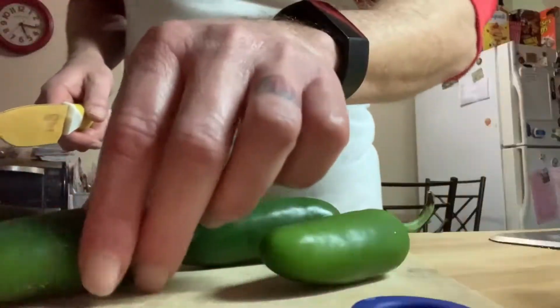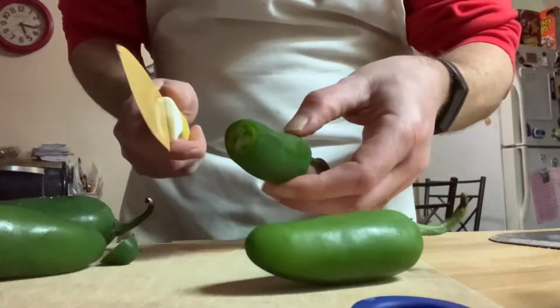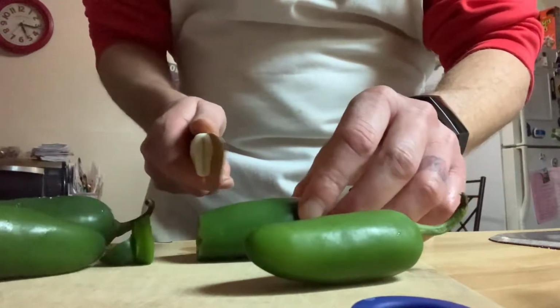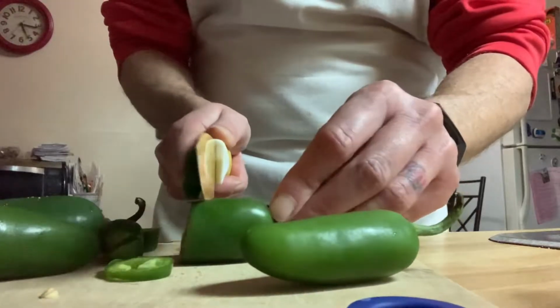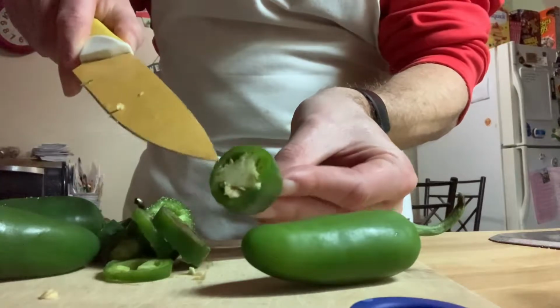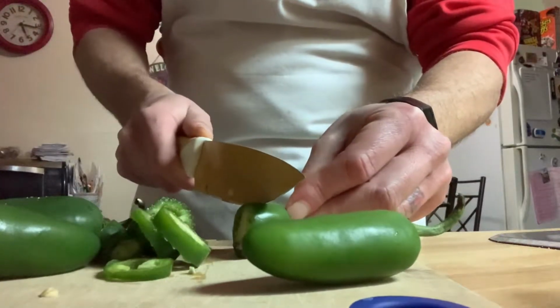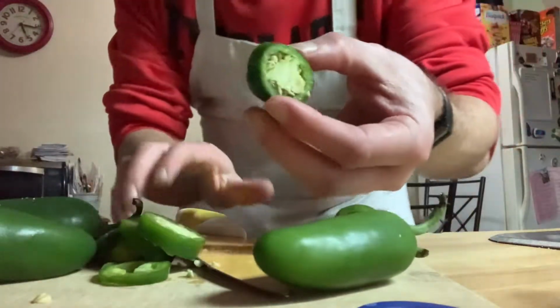But before I do that, I got to taste the jalapenos. Because jalapenos, they vary in heat. Sometimes they can be very mild. Sometimes they can be very hot. And I got to make sure these aren't too hot. Now, when you test the jalapenos, I've noticed that some of them seem to taste milder at the bottom than they do at the top. So I'm going to try it right up near the top with all that core, with all the seeds in it, because I've been told that this core right here and these seeds maintain some of the heat. So I'm going to try a chunk of raw jalapeno right up here with all this stuff in it, just to see